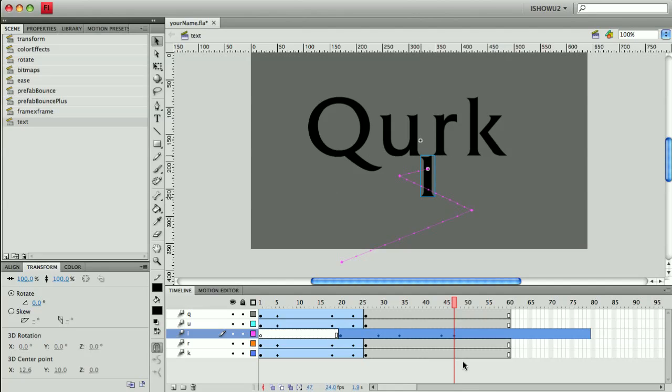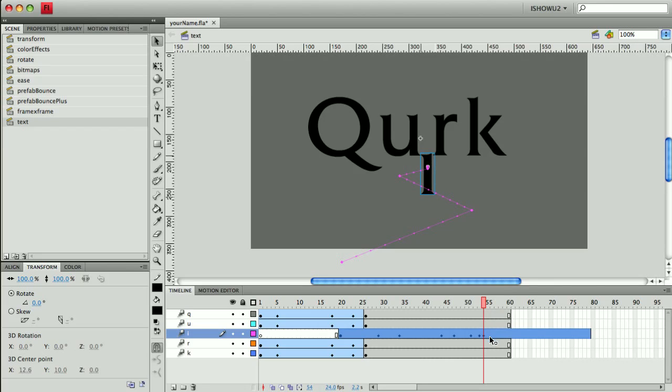Whoops, I forgot to set my new keyframe out here. Zip over. And maybe now, let's have it sit there for just a really brief second. And then we're going to have it start to try and inch its way up. So I'm going to almost do this frame by frame. I'm going to have it go upward,